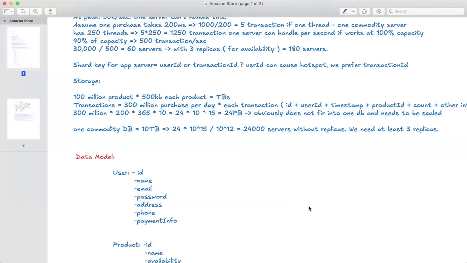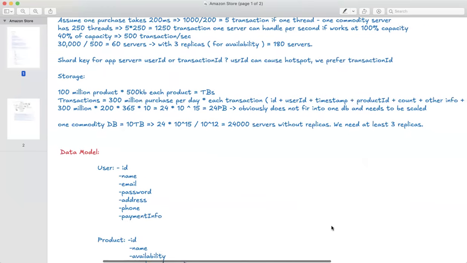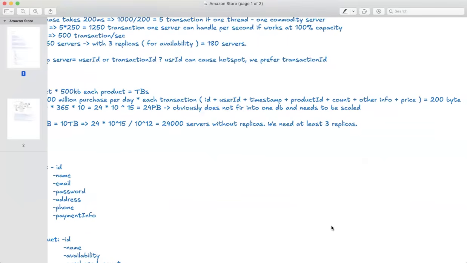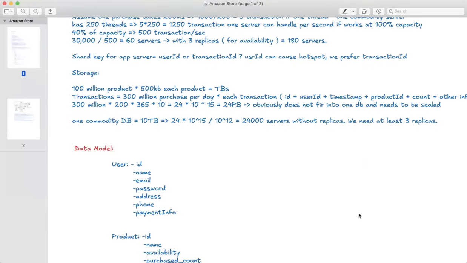However, the bottleneck is not product, it's transactions, because it's ever growing. Transactions, we said we will have 300 million purchases per day. If each transaction has a size of 200 bytes, let's do a quick calculation. One transaction consists of ID, user ID, timestamp, product ID, count, other info, and price. Let's assume this is like 200 bytes, and then you just multiply 300 million transactions by the size of each